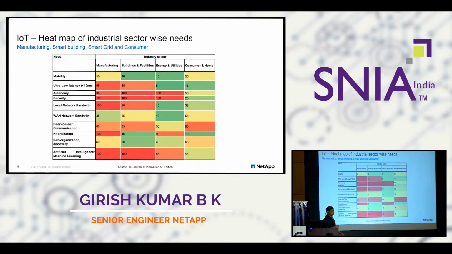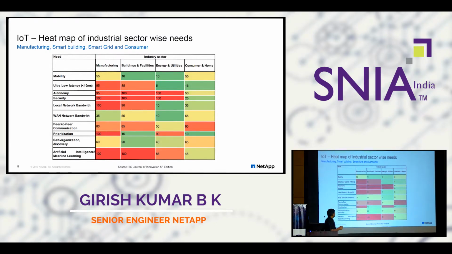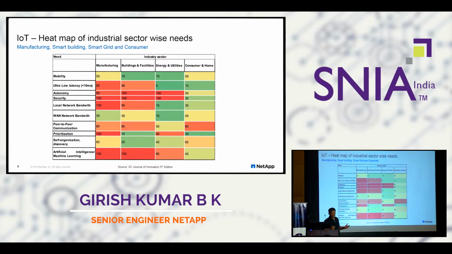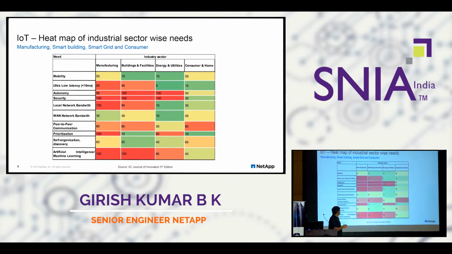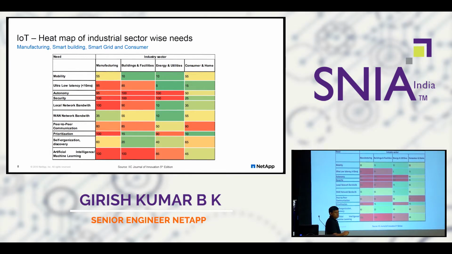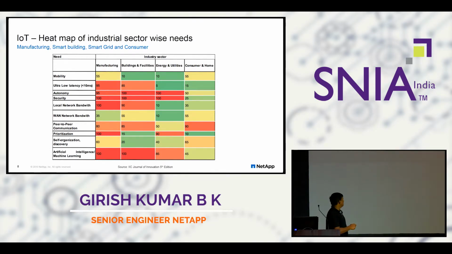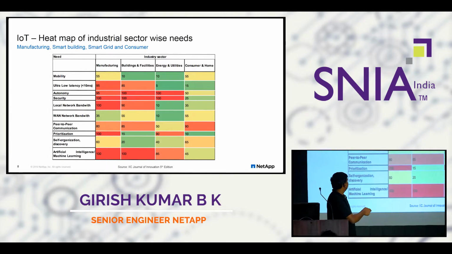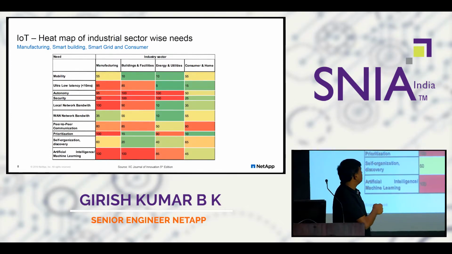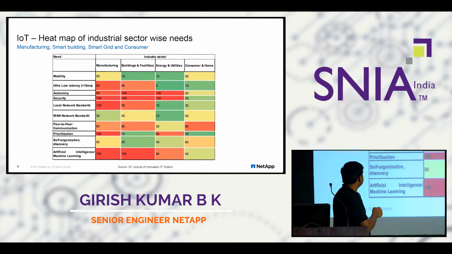But for manufacturing, where your assembly lines have a lot of things moving around, you need wireless broadband support, the kind of network support that you have. So it's very high in manufacturing. And energy, it's again pretty much fixed, energy utilities are all at a fixed location. What about the consumers? Consumers are always on the move, right? They need a high degree of mobility. So this is how you read this graph, this picture.